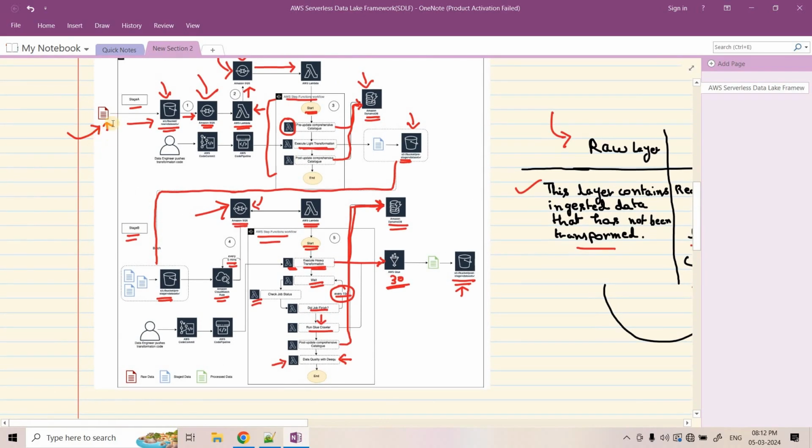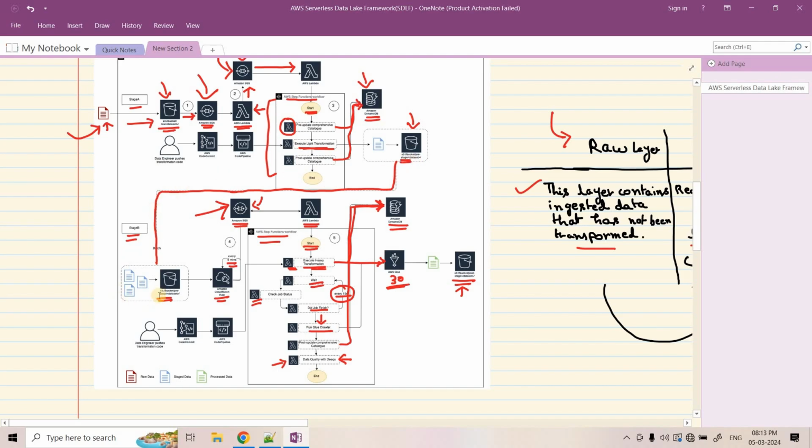Again, I am reiterating the complete flow from scratch. First, from the raw layer, the event will be published in an SQS queue. That SQS queue will trigger a Lambda. Lambda will route that event to a team specific SQS queue, and we'll have another Lambda for each team that will continuously poll the team specific SQS queue. If it gets a message, immediately it will start a step function. That step function will perform the light transformation. Complete audit or logging will be captured using Amazon DynamoDB,